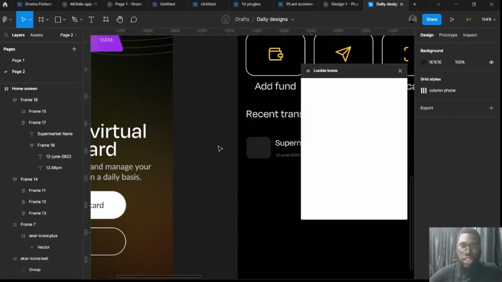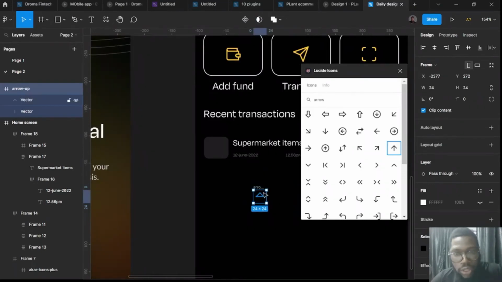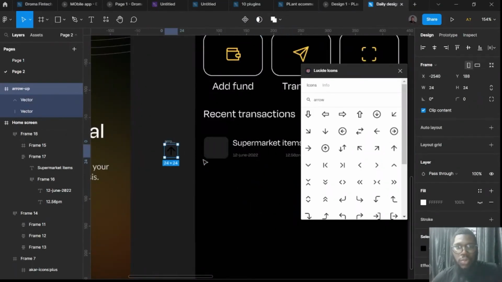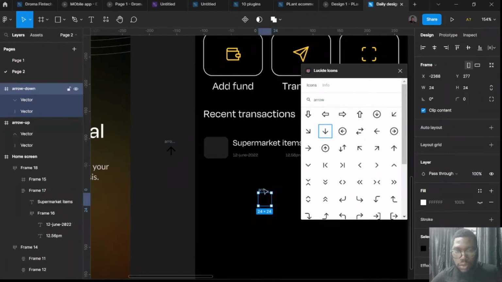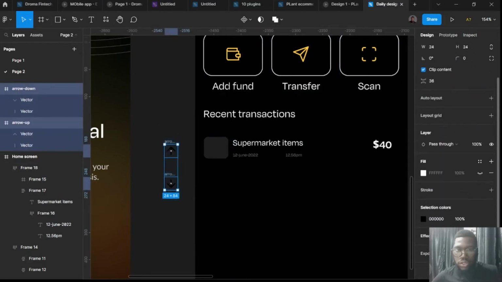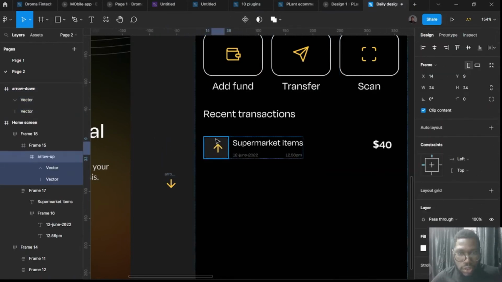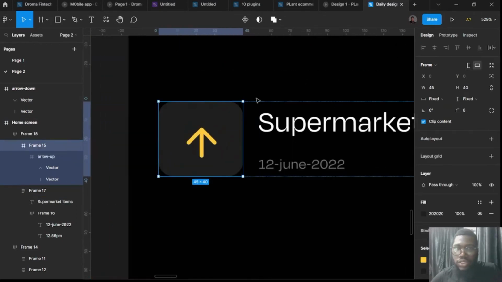So I'll just do this and just do arrow and just have payment. So payment is going out from our wallets. So I'll have this icon drawn. It's showing here. You can see it here. So I'll have it drawn out. So payment going out, payments coming in. We'll take this down arrow. So I will just change the color to yellow. Then I'll drag this into this design. Then I'll select the two with Shift and just, okay,